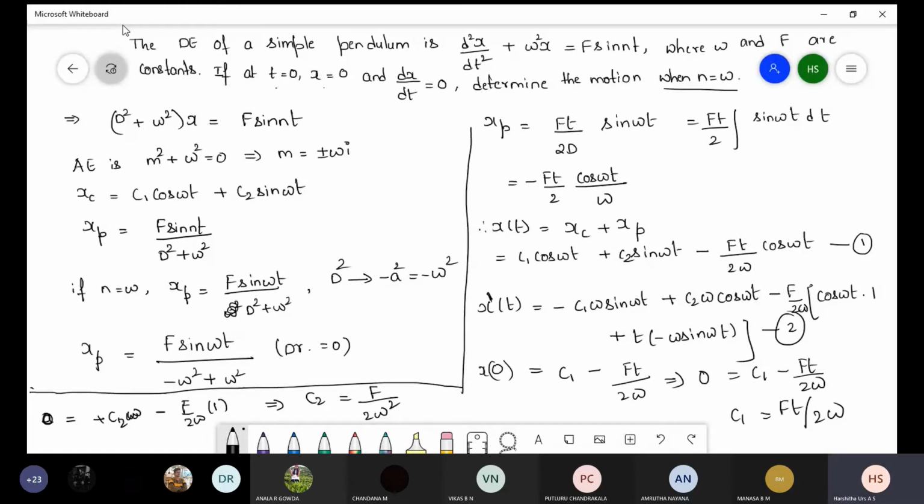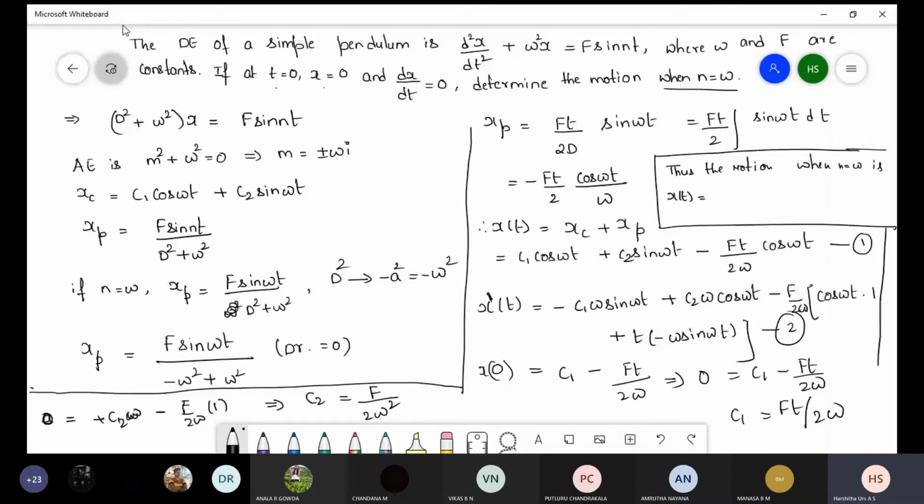So they have asked, I write here the final solution. Thus the motion, what is the condition when n is equal to w, substitute in equation 1: x(t) is equal to the C1 value, ft divided by,